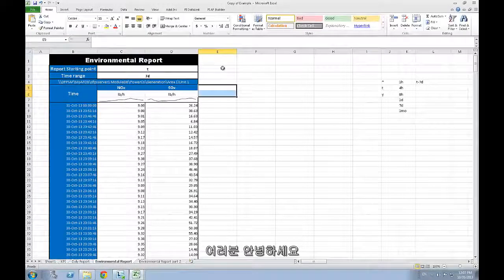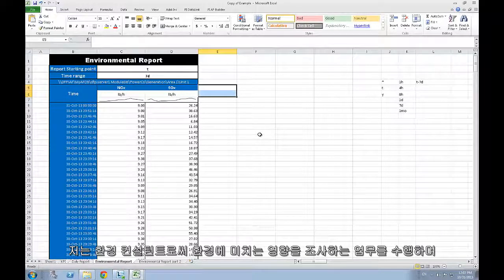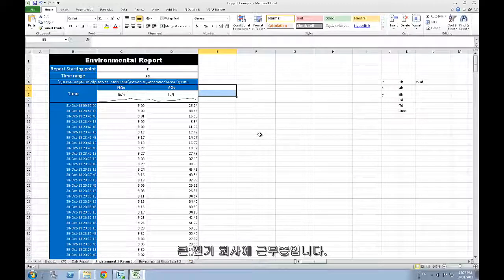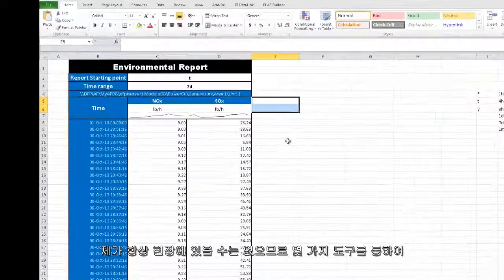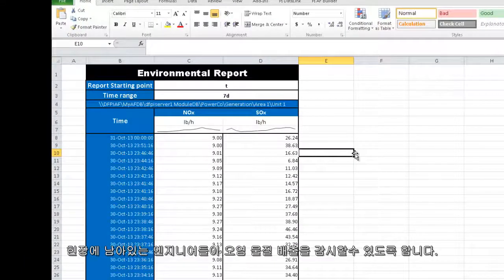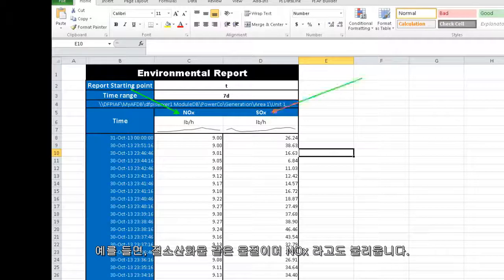Hi everyone. Let's say I'm an environmental consultant hired to keep track of the environmental impact of a big electricity company. Since my contract is only for a predefined time, I want to leave a few tools for the engineers on site to keep track of the emission of two dangerous pollutants, the nitrogen oxide, also known as NOx, and